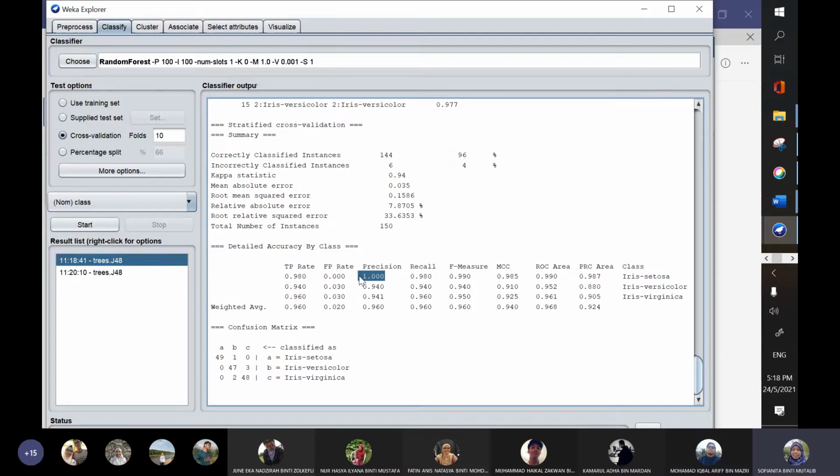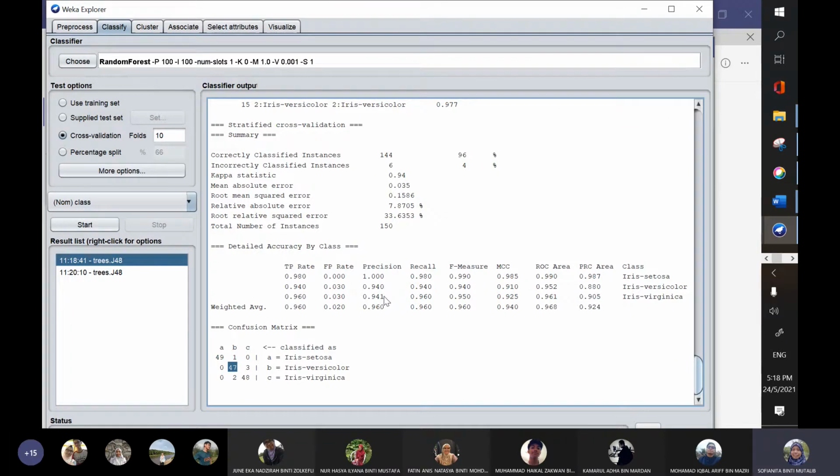It means that every sample is actually Setosa and precisely been predicted as Setosa as well. So that carries 1.00. But if you look at class B, there are 47 predicted as versicolor, out of a total of 50. So then you can get 0.940.